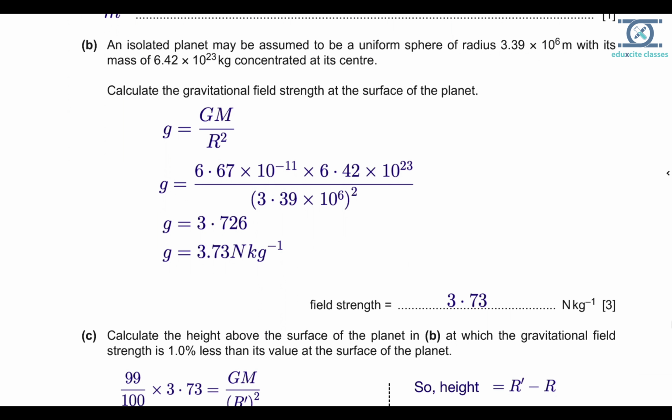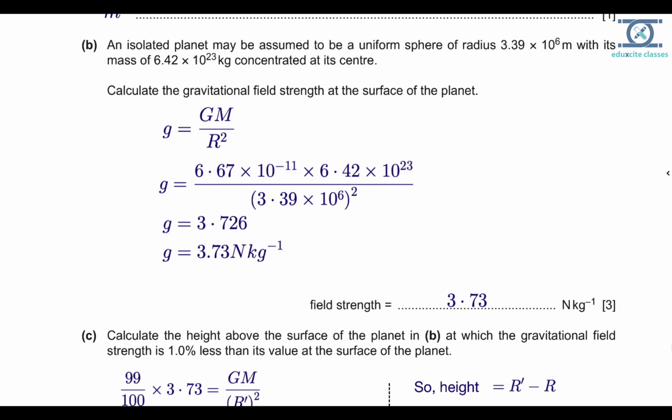We know that the gravitational field strength g equals GM upon R squared. The capital G is the universal gravitational constant, which is 6.67 × 10^-11, and this is 6.42 × 10^23, the mass given to us, and the radius is 3.39 × 10^6, whole squared. So putting in the values, we get